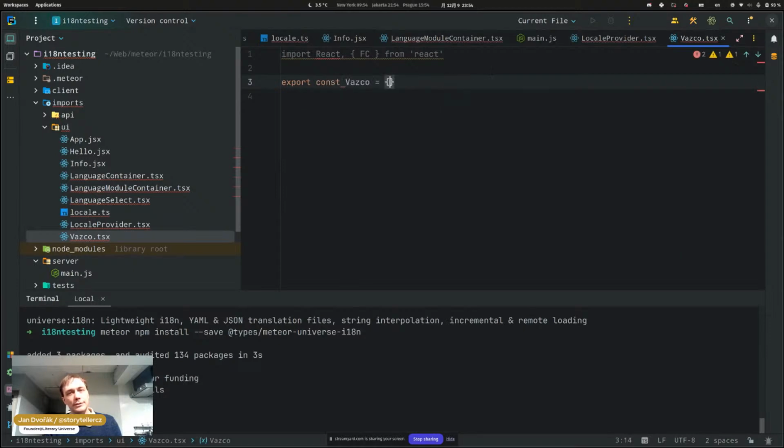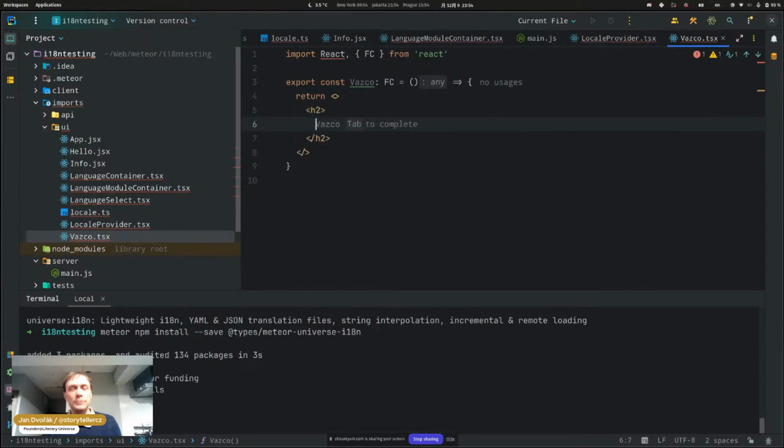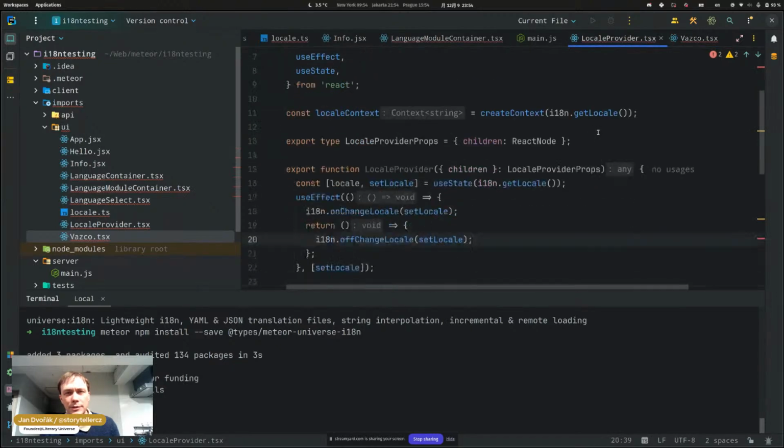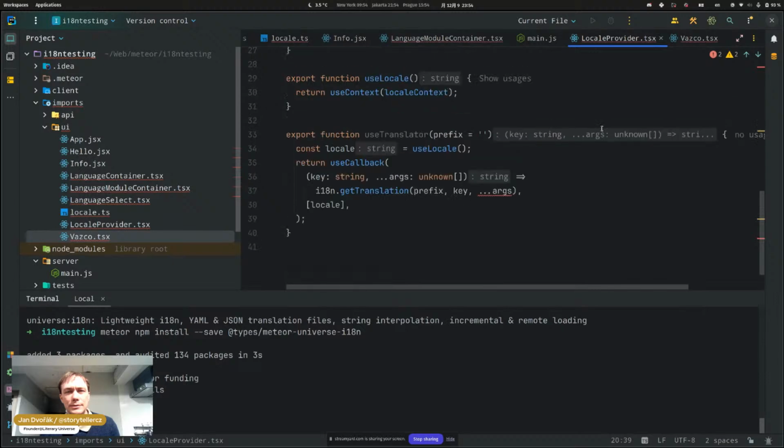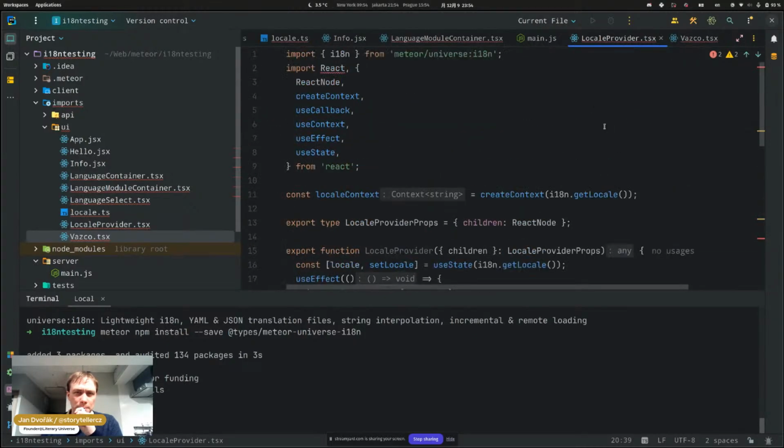Export const Vasco, which is going to be a functional component. Like this. With heading 2. And what I need here from the locale provider is, let's see. How to best,